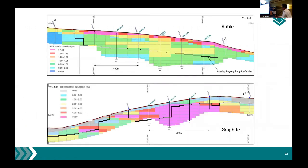Okay, a couple of cross sections of the resource. Rutile, and actually these are old pit shapes, but don't worry about that. They've been updated. We can see all these hot colours in the top 3 or 4 metres, the very high grades of rutile lag up there, and then lower grades in the mottled zone and saprolite proper. So that's coloured by rutile. That top section, this is a different section, but this is coloured by graphite. We'll see how depleted it is at surface,